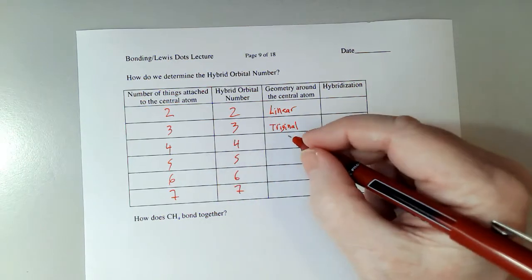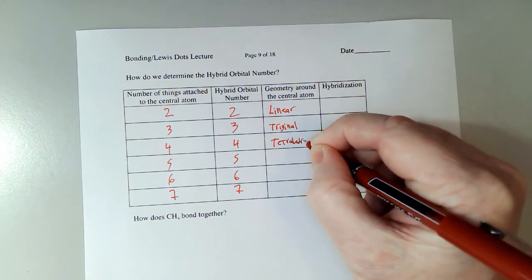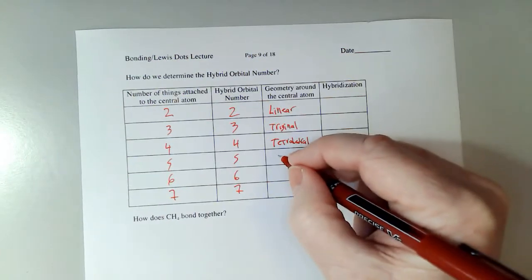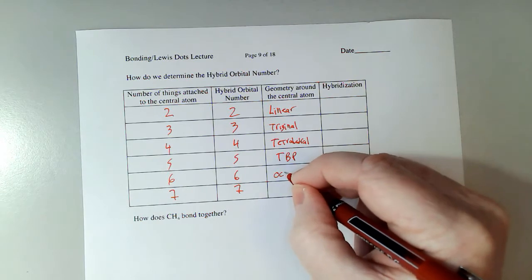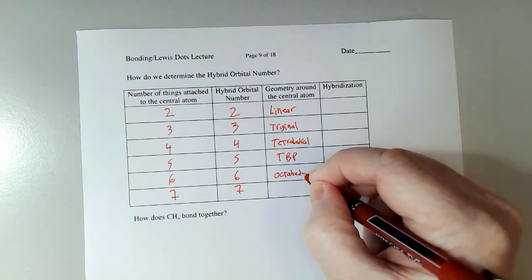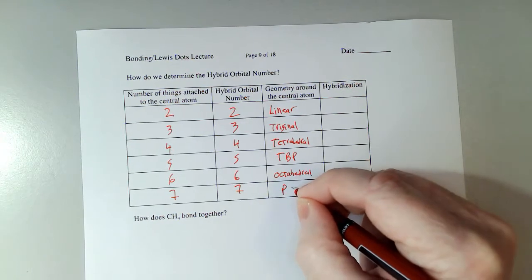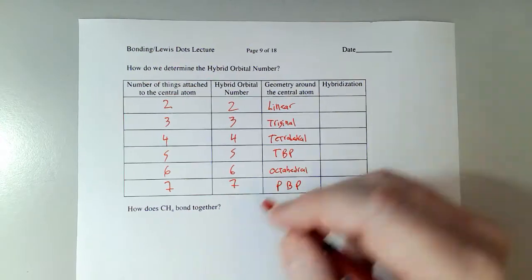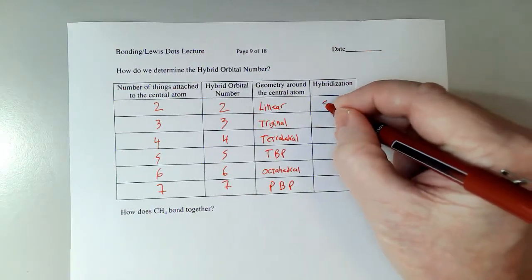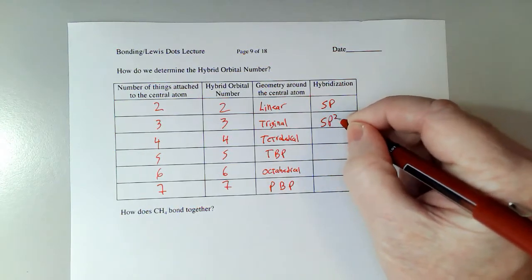Then if we get up to 4, it's tetrahedral. Okay, 5, triangular bipyramidal, octahedral if it's 6 things, and pentagonal bipyramidal when 7 things are attached. And that's pretty rare. Now the hybridization when 2 things are attached will be sp, those are lowercase letters, sp2,